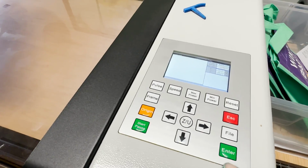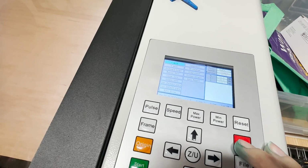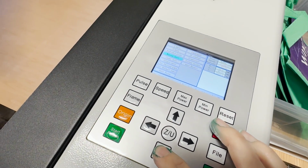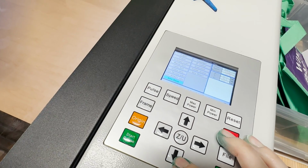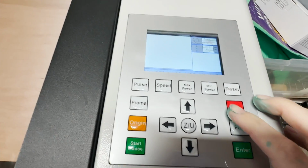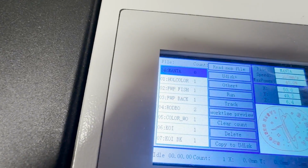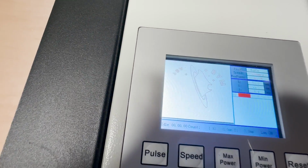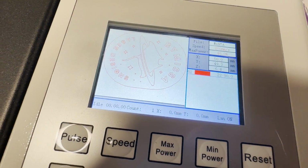So I'm gonna go into my ZU settings and scroll all the way down to the bottom where it says autofocus. This is a great feature in the Mira 9 because I just put the material in and set it up and allow that little autofocus pin to go in, find the material, and do its measurements. Now I'm gonna go grab my file, see if I can find it in there, and that is great. So I've already got this sent over to my machine,